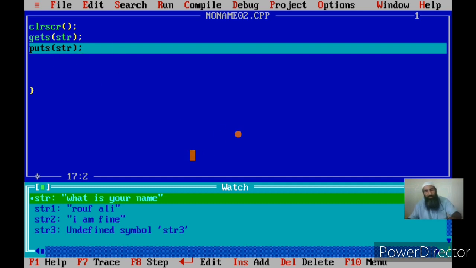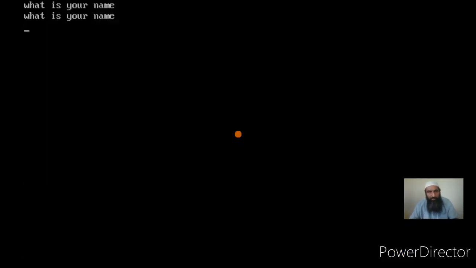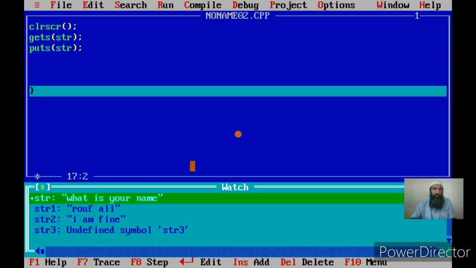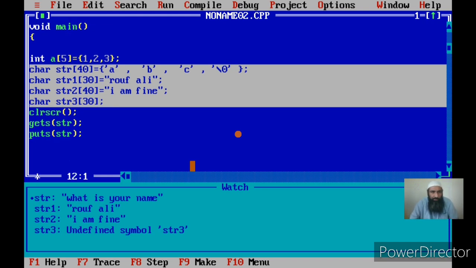Very easy to use, and if you see here, I'll show you the user area. See here, the first one is the input and the second one is the output of the same string. Okay, so we can use gets and puts to accept our character arrays from the user. In gets you have to give the character array name, and in puts you again have to give the character array name. You don't have to give format specifiers with gets and puts.